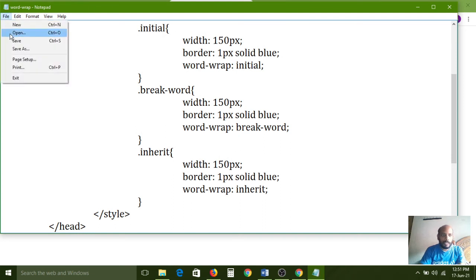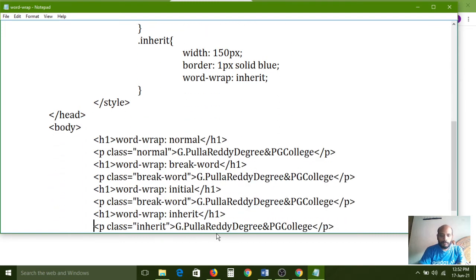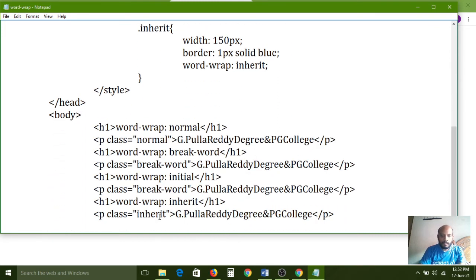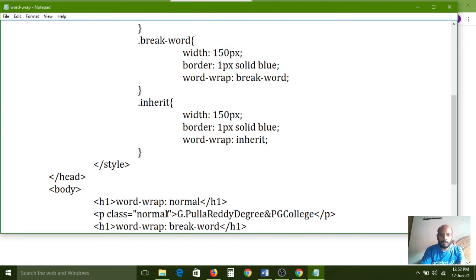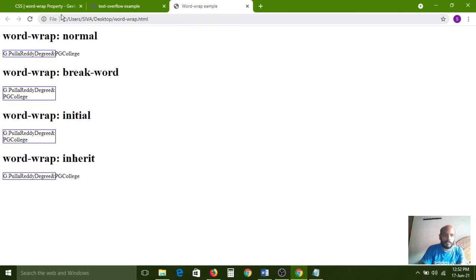Now I want to save this file. Inherit, save. Now we have to refresh the web page.